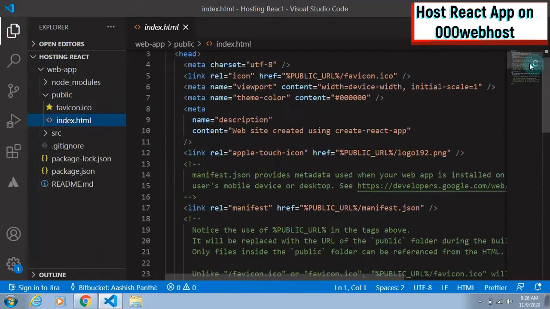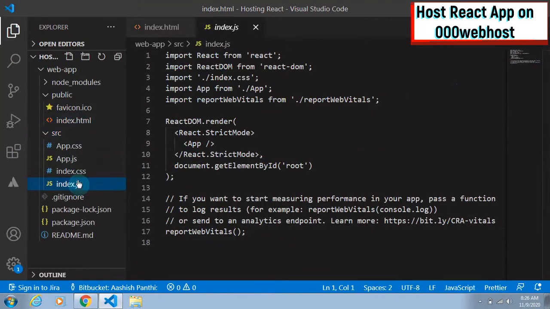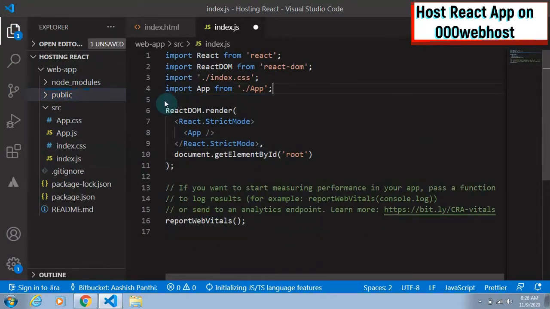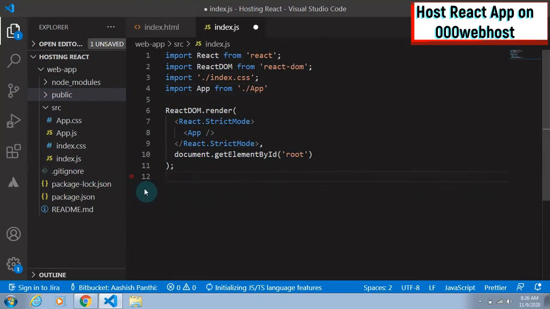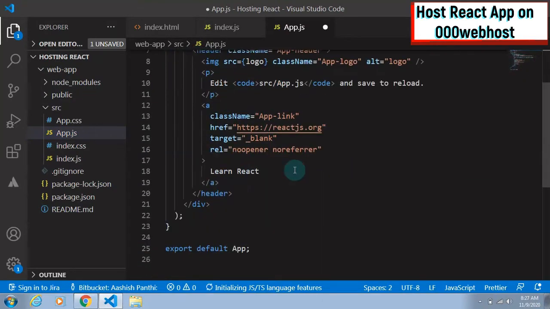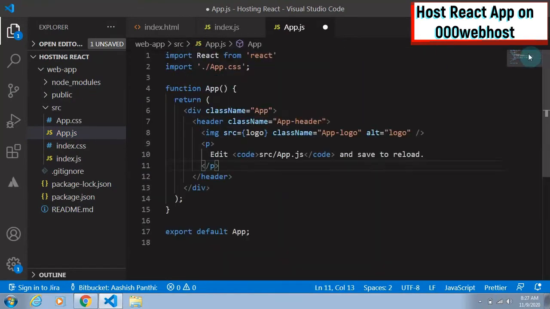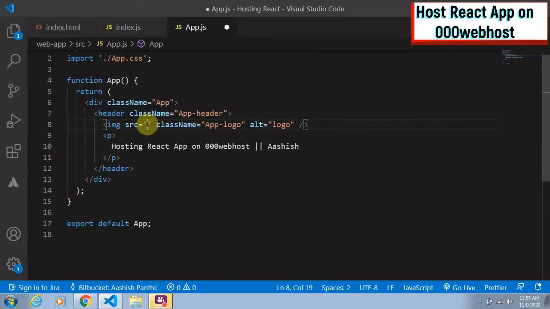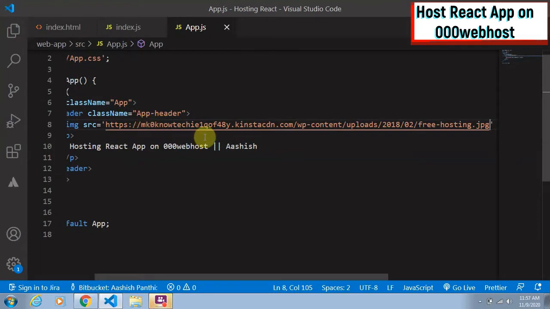I am removing unnecessary comments and linked files from here which I have deleted just now. Instead of this link and title, I am going to write my own title and I am replacing the deleted image with another image URL.